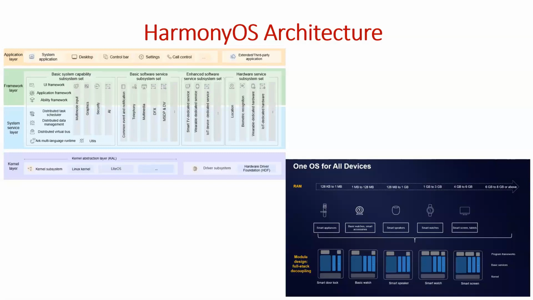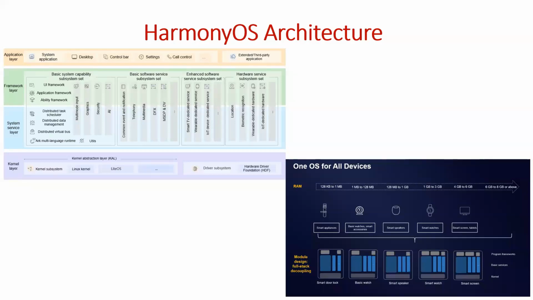So with respect to the Harmony OS architecture, it has four layers. The bottommost layer is the kernel layer. So there is a choice of kernel that's available. One is Linux, LiteOS, and Zephyr and others. The choice of kernel is driven by the target device on which it is being deployed. All these different kernel abstractions are taken care of by the kernel abstraction layer, and next in the